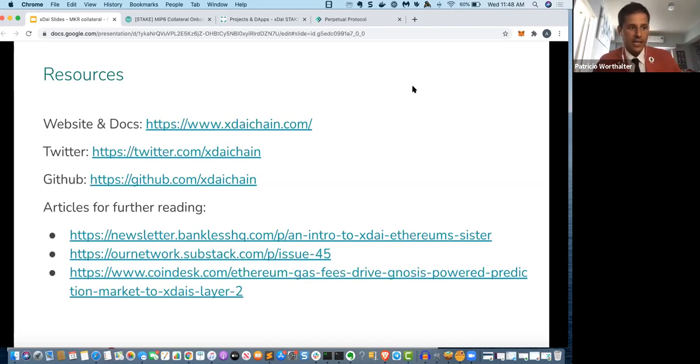and I can easily make a case to explain why xDAI and its token stake, because let's not forget that this is a collateral application, I can easily make a case for why xDAI and stake have a strong product market fit on the space, and it makes a lot of sense for the token to be available in vaults in MakerDAO. So a quick explanation of what POAP does.